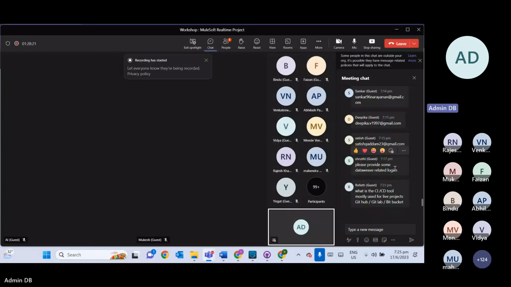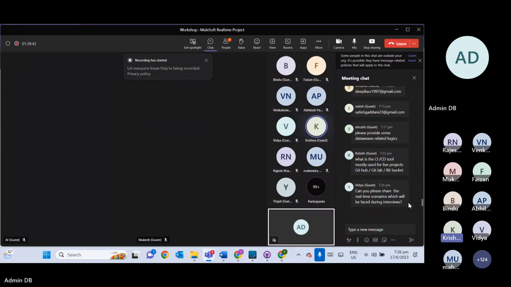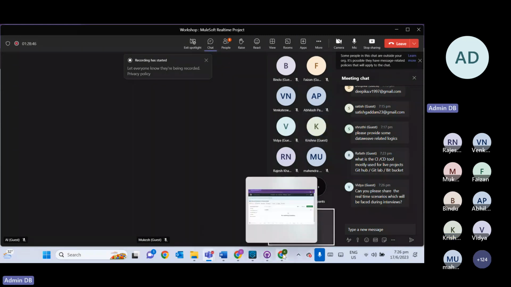Sir, one doubt: can we run the runtime on our local PC? No, we are going to use CloudHub. We are not going to use Mule standalone. Is there a possibility to run the Mule runtime on the PC? Yes, yes, you can. So if you go here,